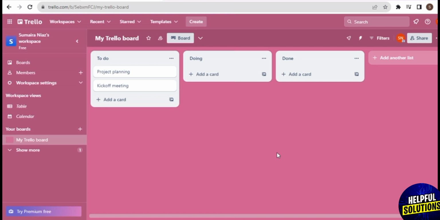Now inside the board there are what I like to call cards, I believe that's how you call them too. We have here cards, and these cards are movable. Now if you add a card under this list, you will have the freedom to switch the cards over to whichever list you want them to get transferred to. And that is essentially why the generated text, the immediate text that you see when you start creating an account,